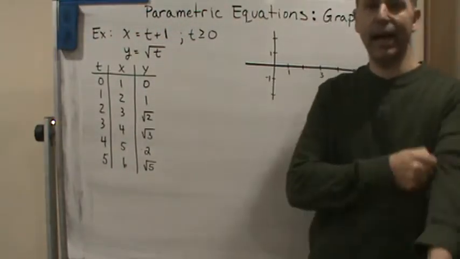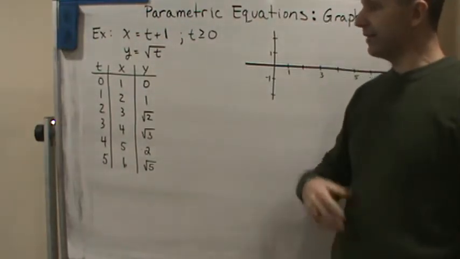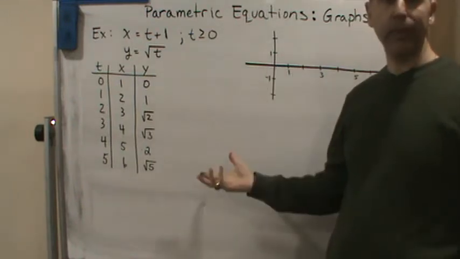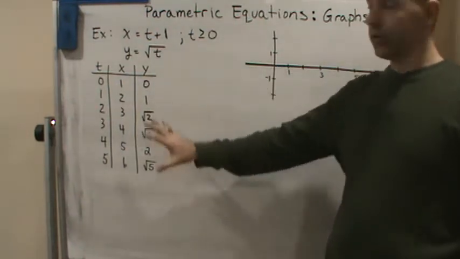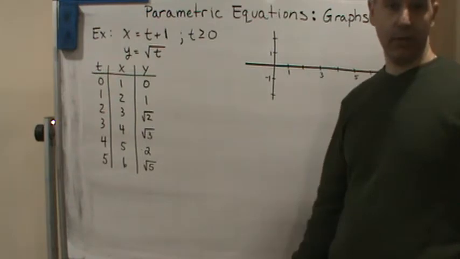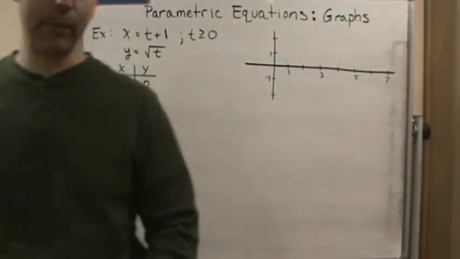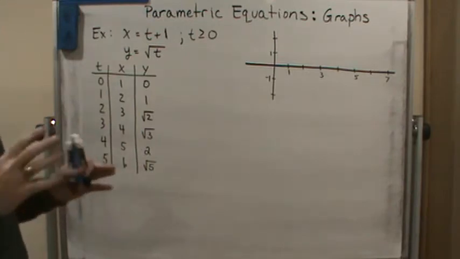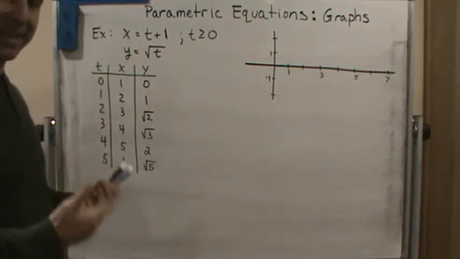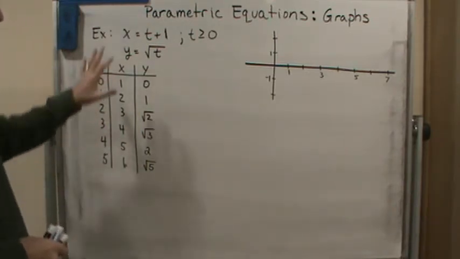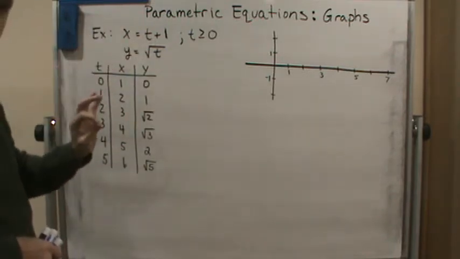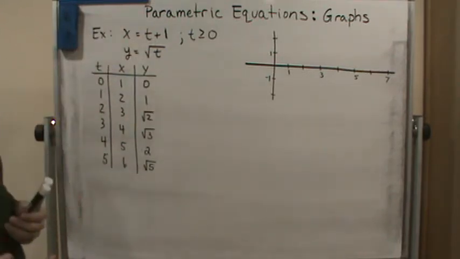Okay, so welcome back. Now what we're going to do is an example where we compare the parametric curve to the rectangular curve on the rectangular plane. We're going to map them to the same one. As you're going to see, they always map the same curve. The only difference is with the parametric curve, you're going to have the directional arrows to tell you how it's